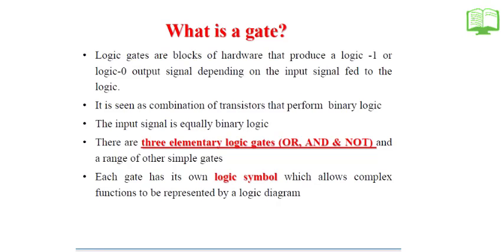Logic gates, and we're going to see what a logic gate actually is. A logic gate is just a block of hardware that produces logical values, which are 0 or 1, and these values come out depending on the input that was fed to the logic. And there are 3 main logic gates, which are the OR gate, the AND gate, and the